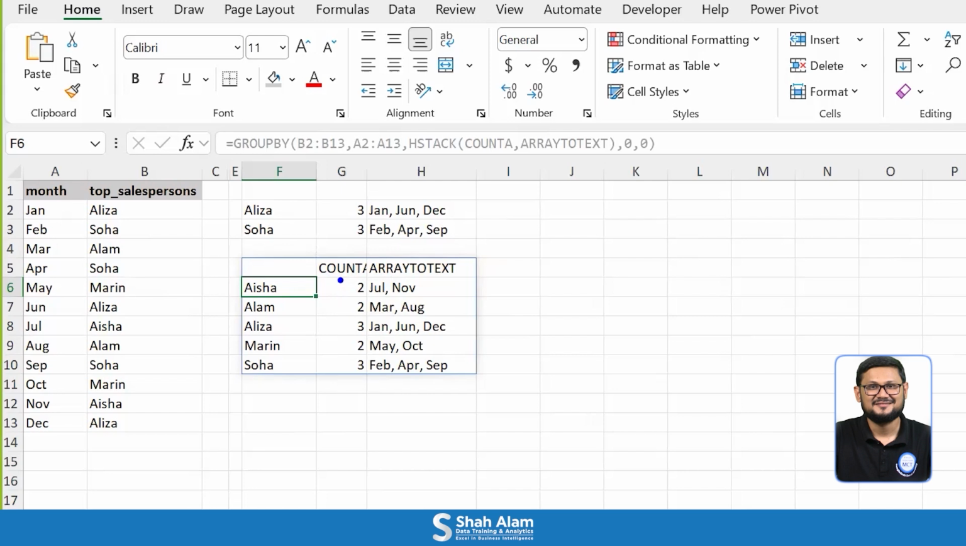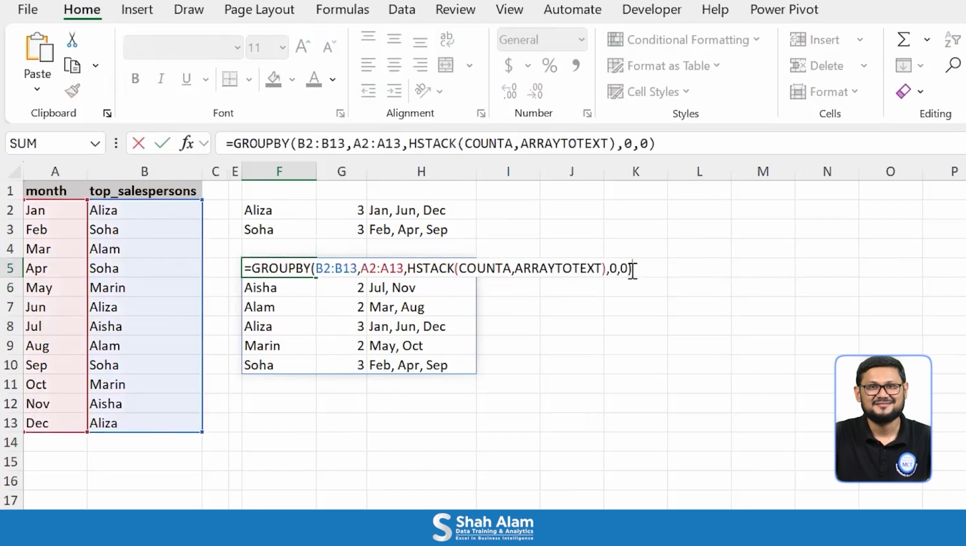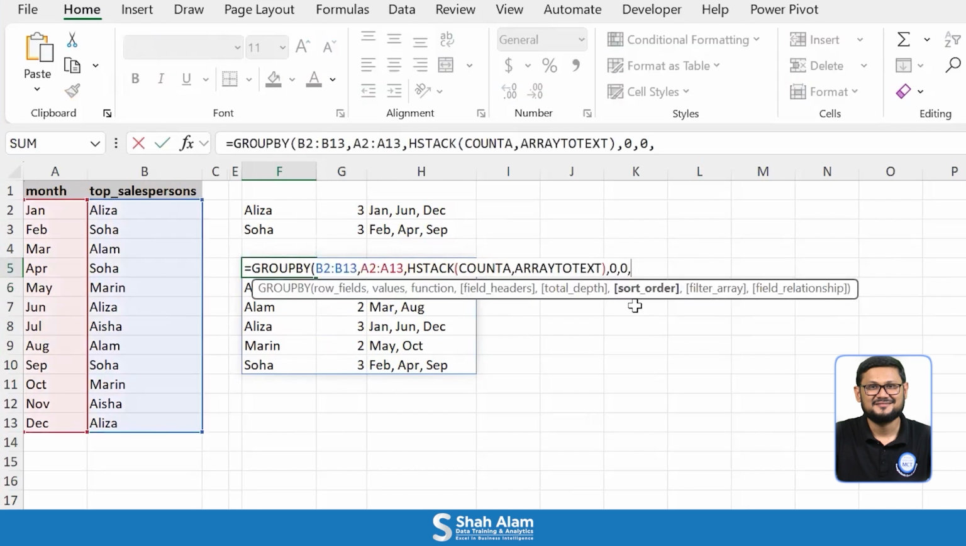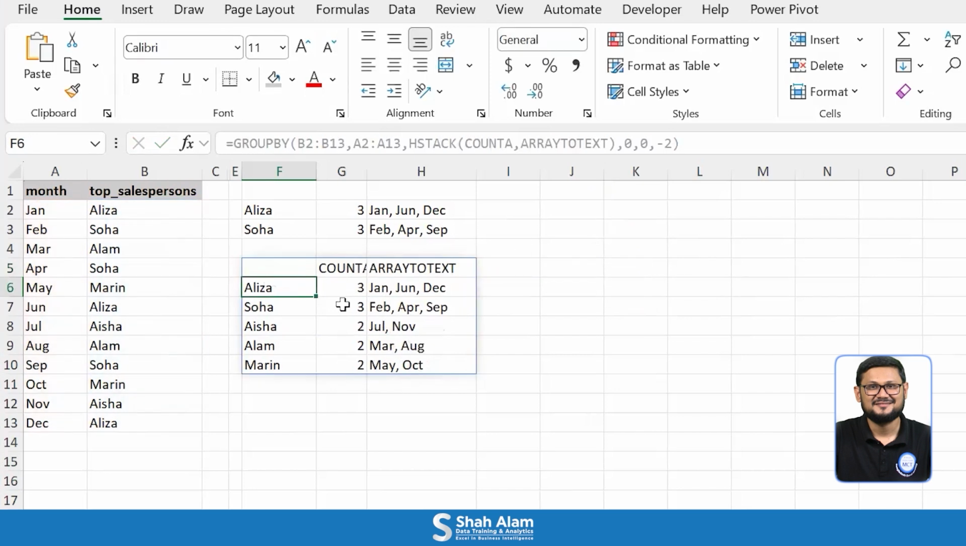Next, I need to sort this table based on the second column, I mean the number of wins, in descending order. In the function, there is an argument. If I write comma, which is sort order, here I will write -2. Minus sign means the table will be sorted in descending order, and 2 indicates the second column where I have the number of wins. If I close the bracket and press enter, now the table has been sorted in descending